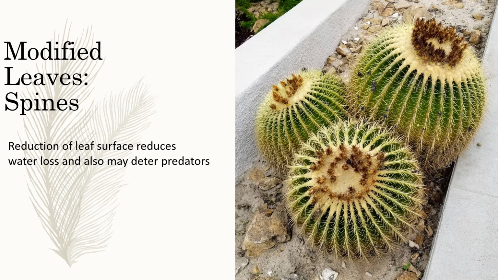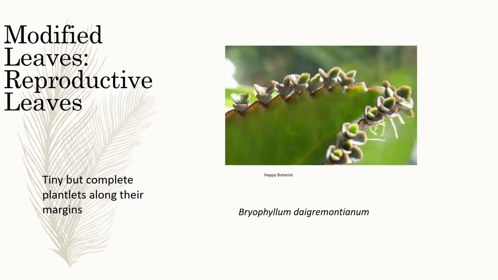Other modified leaves include spines, and they reduce leaf surfaces, and that helps reduce water loss and may deter predators. And then we've got reproductive leaves. These are modified leaves. This is a devil's backbone, and what it has is tiny but complete plantlets along its margin. You can actually see the roots